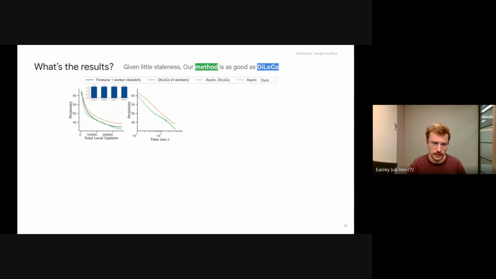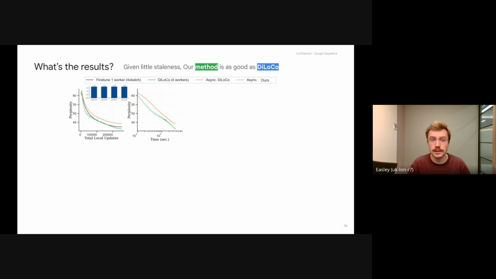What is that performance? So let's see, for example, different levels of staleness. You can find here on the left, we have the most basic, so no staleness, all the devices have the same speed. We have 4 devices and they have the same speed. So there is no staleness, that's the perfect setting.